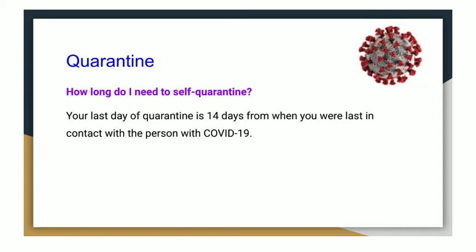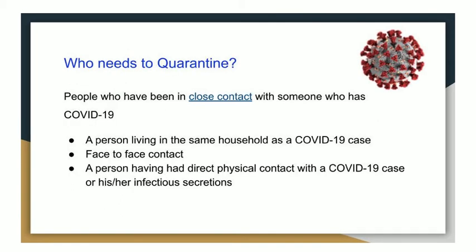So, as I mentioned, self quarantine is for the person who is in close contact with a person who has COVID-19. Even though you may feel well now, it is possible that you are also infected. It can take 2 to 14 days to show the symptoms. So, we may not know for up to 14 days whether you are infected or not. Self quarantine ensures that you do not pass the infection to anyone else.